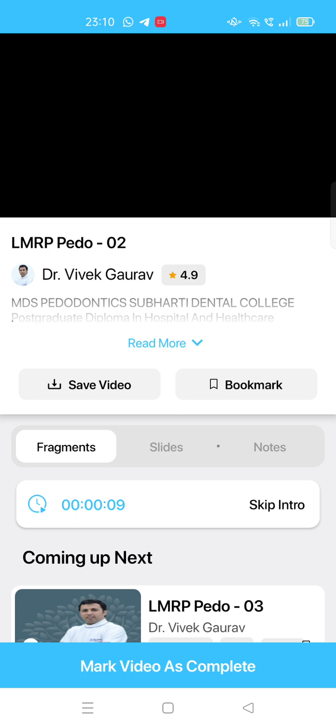So in direct pulp therapy, you place a layer of calcium hydroxide over the exposed pulp, and then you cover it with a final restoration, that is, you can place a composite restoration over it. Then after direct pulp therapy, the next procedure that we undertake in pediatric endodontics is the pulpotomy. Now pulpotomy, we all know that it is the complete removal of the coronal pulp, leaving the radicular pulp as such.